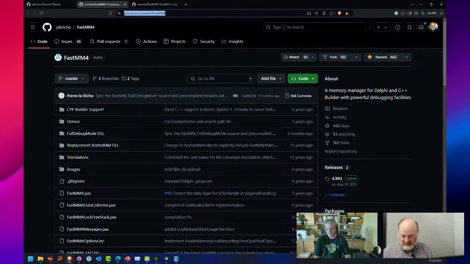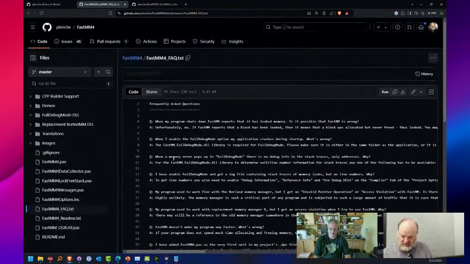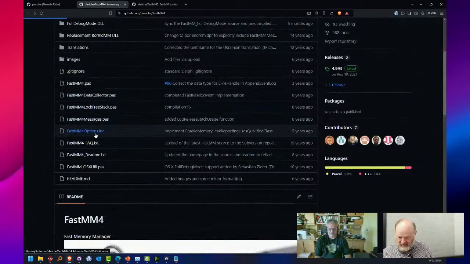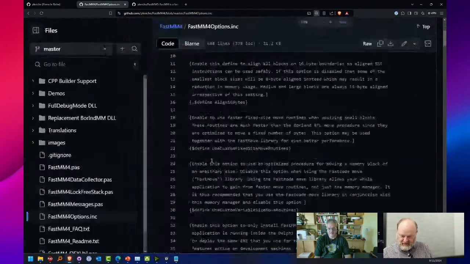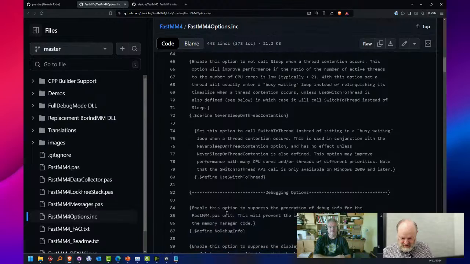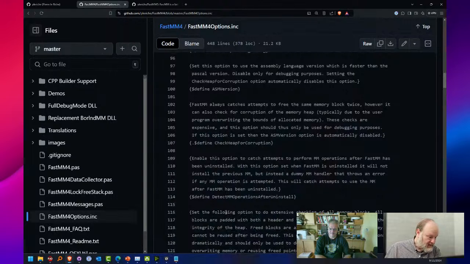Yeah, and there's a lot of information if you go into the README and the FAQs here that explains a lot of different things about it, and then the include file explains how all of these different features work. And there is one that talks about doing exactly that. It's possible that he wrote a utility on top of it as well, but it's built into FastMM too, which is good to have as a choice, I guess.